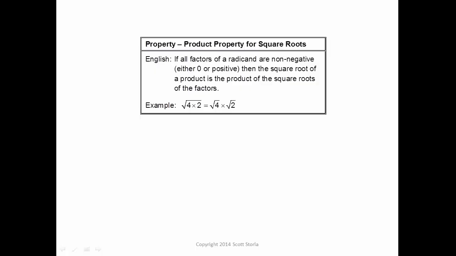Now this only works for multiplication, and there's an equivalent idea for division. It doesn't work for adding and subtracting. Here's an example of what we're going to work on. If I'm given the square root of 12, I need to try to find within 12 factors which might be perfect squares. For instance, thinking of 12 as 4 times 3 is helpful because by the product property, I can